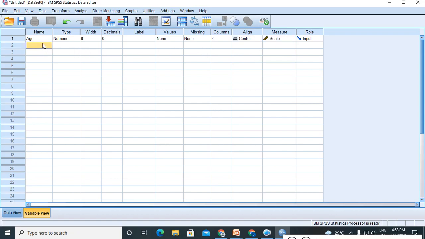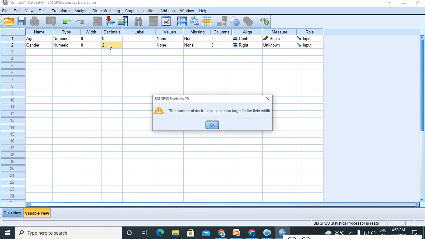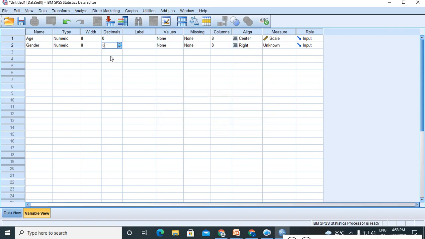Now come to the next one, gender. Again you are giving numeric. Here 1 is enough for gender. There is no need for any decimal places, you can give it as 0. And labeling is also not needed, but you can give labeling.